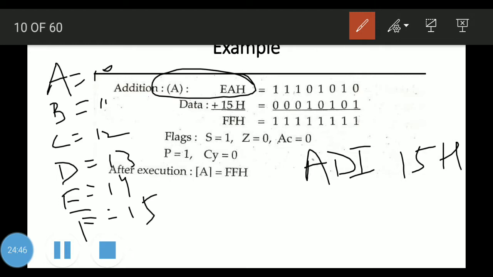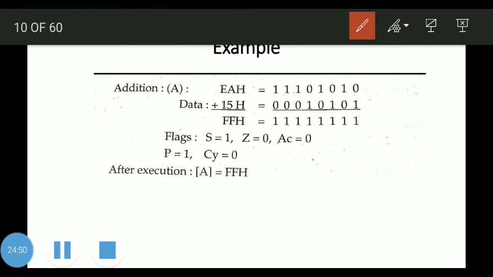14 is represented by using 8 + 6, that is 1110. Now